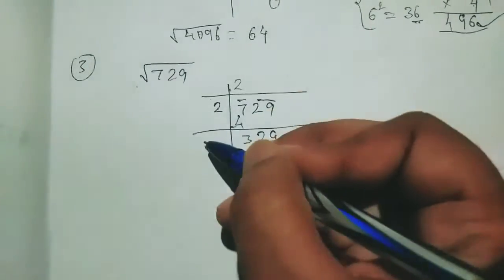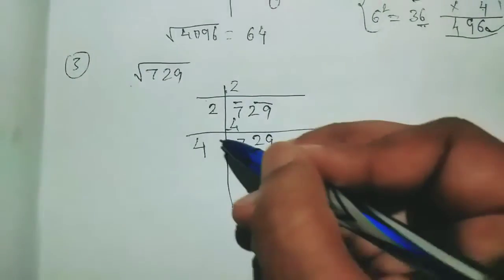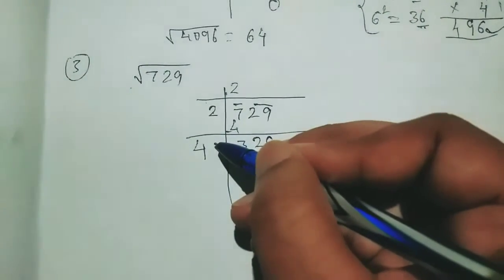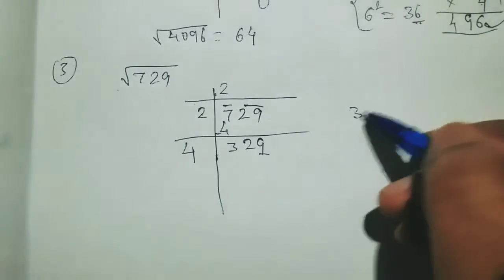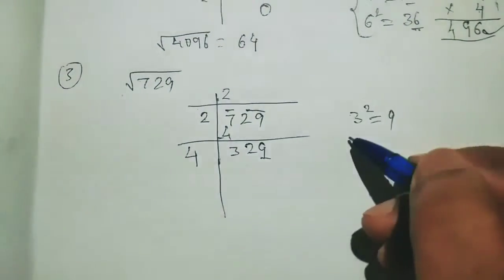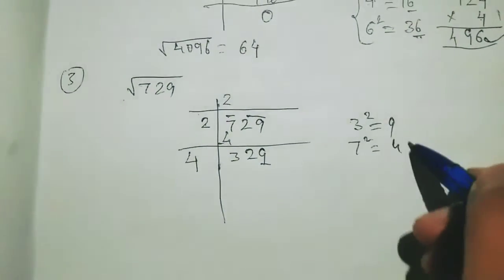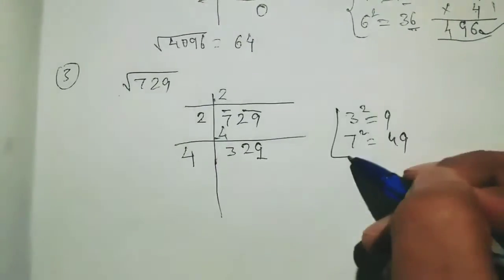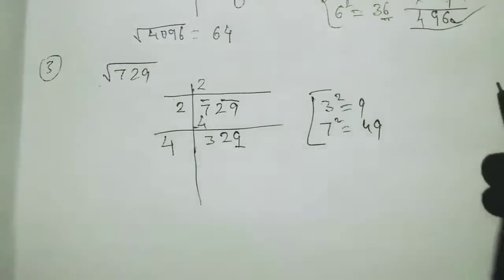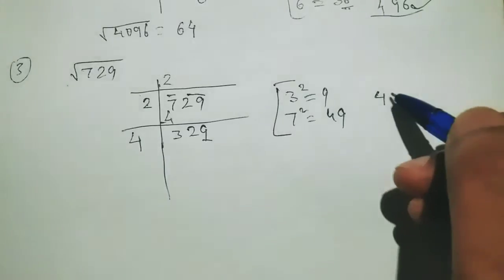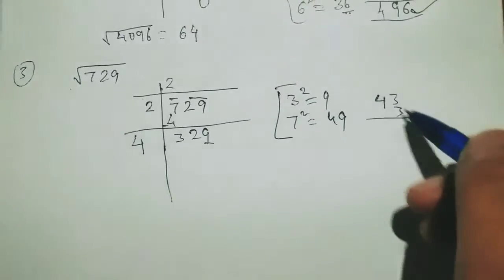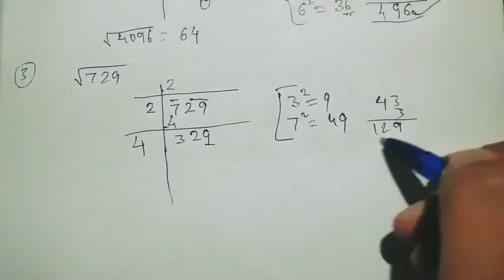Now 2 plus 2 you have to add, it is 4. Now what number will come here? By what number will we multiply here? We will see only the unit digit. The unit digit 9 is there. So what will we get with unit digit 9? 3 square is 9 and 7 square is 49. So we'll try by these cases only. Always remember the unit digit. So we'll try one time with 3. So 4, we will give here 3 and 3. 3 3s are 9, 3 4s are 12. So it is not coming.